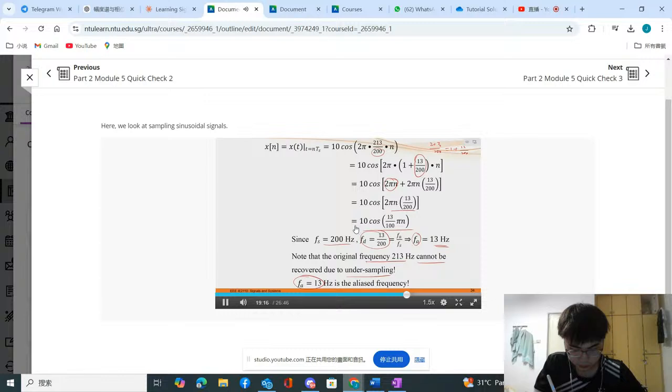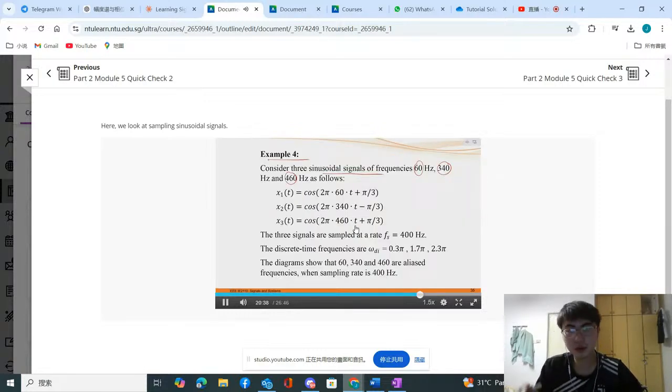And to understand that is not too difficult, because your original frequency fa here is 213, so the Nyquist rate is 2 times fa, which is 426. And here you are only sampling at 200 hertz, which is below the Nyquist sampling rate. Illustrate the importance that hertz, okay, and given by this